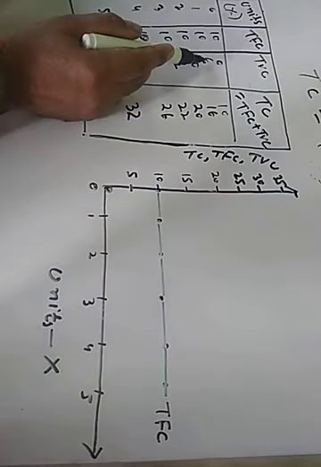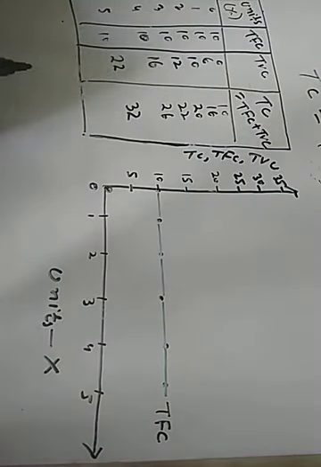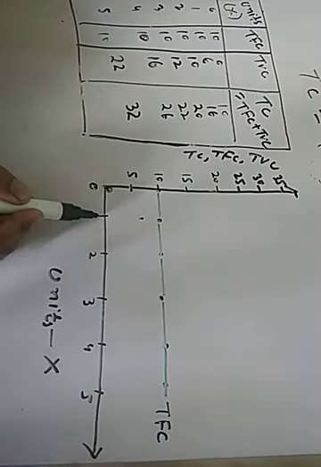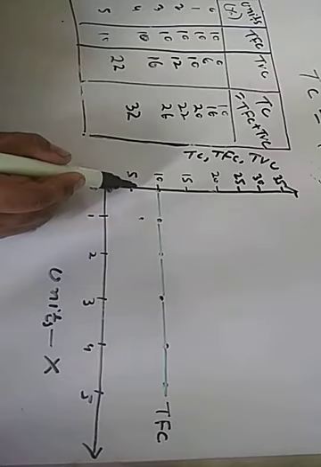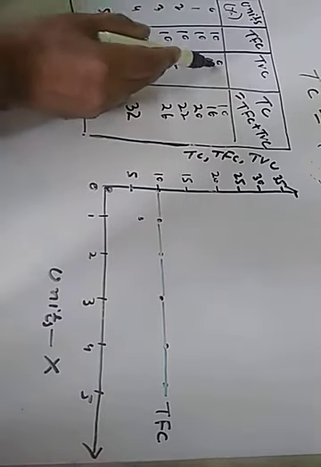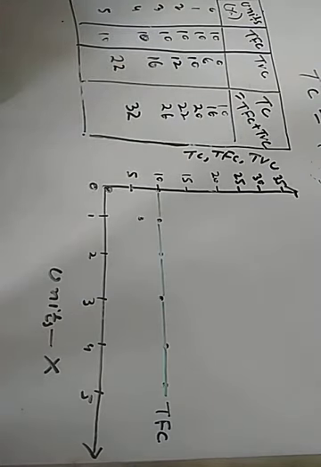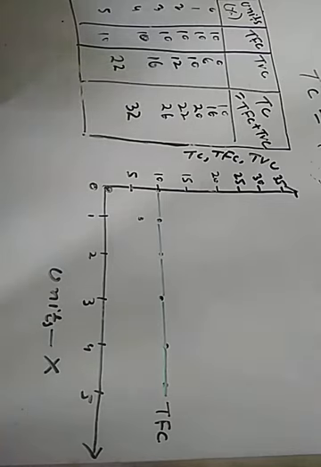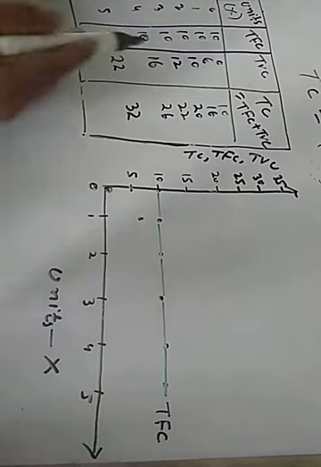Then total variable cost is 6 when 1 unit of X is produced. It will be here for the first unit above 6. On the x-axis it shows the first unit of X produced, and on the y-axis it shows cost, total variable cost equal to 6 rupees. Now when production increases from 1 to 2 units, variable cost also increases, because we have to increase the units of labor and quantity of raw material. It increases to 10 rupees.